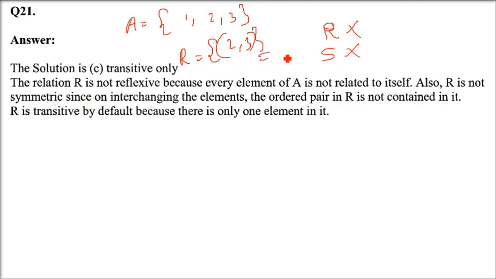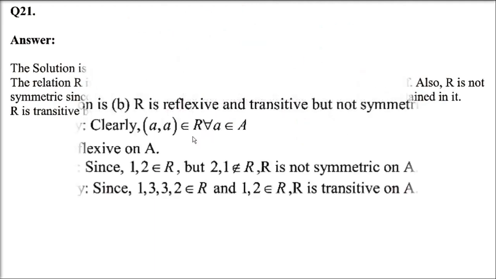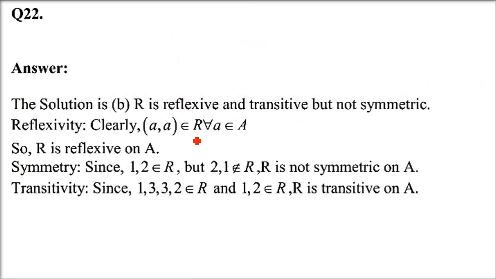Transitive. How is it transitive? Because we don't have anything to check, because there is no third number. (2, 3) is there, so for a chain we would need something like (3, x), but there is none. So by default, we assume it to be transitive, as we have only one pair and cannot check it. So we assume it to be transitive.